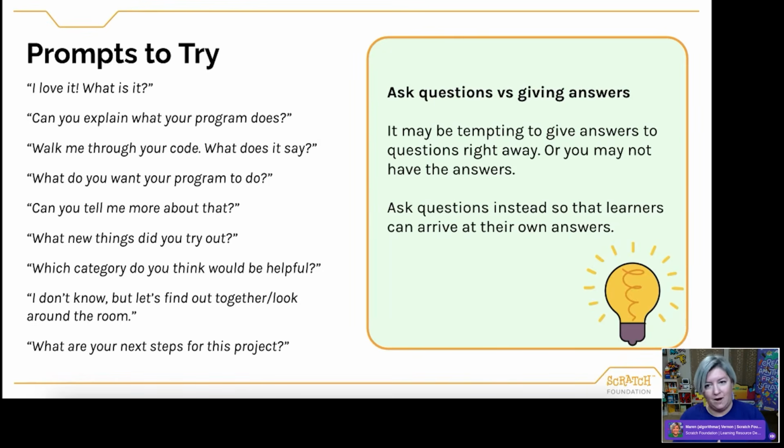If you don't know right away why something isn't working, asking these questions out loud gets you both involved in thinking about this. So you can try the prompts listed on this slide to support participants and deepen their critical thinking, their self efficacy, and model that collaborative problem solving to help them get unstuck when faced with program bugs or challenges. And like I said, these are just a few examples.